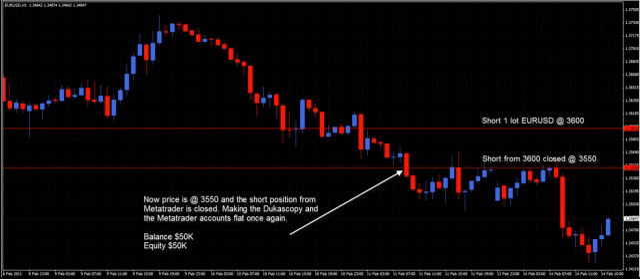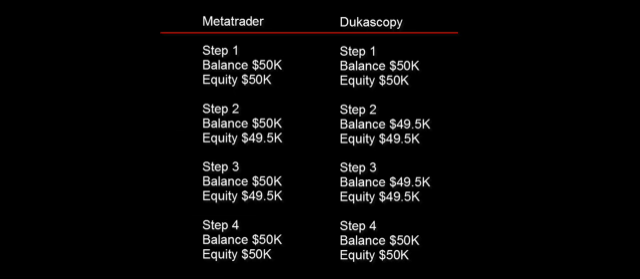The last slide here, we go ahead and go through the steps again. The thing to note is that while your balance reflects differently, equity is always the same. Equity is the true measure of an account's health, but it's also what your available margin is based on. So nothing changes as far as